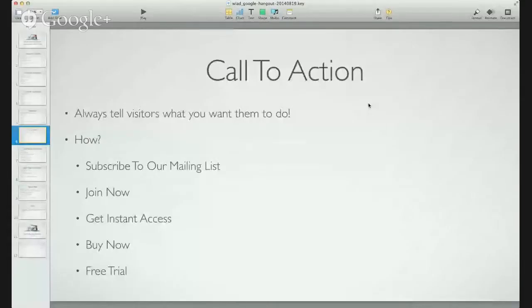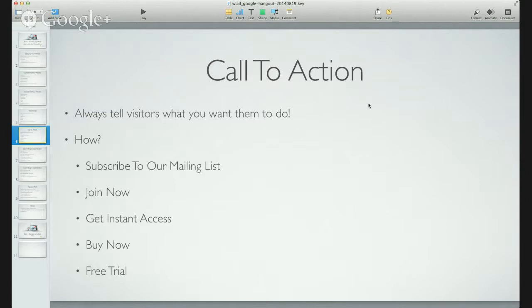The next thing that we're going to touch on is a call to action. Now, what does that mean? Just to recap a little bit, last week we talked about landing pages and opt-ins. Those were one example of a call to action, getting people to join your email list. So today we're just going to show you another few examples of what a call to action is.